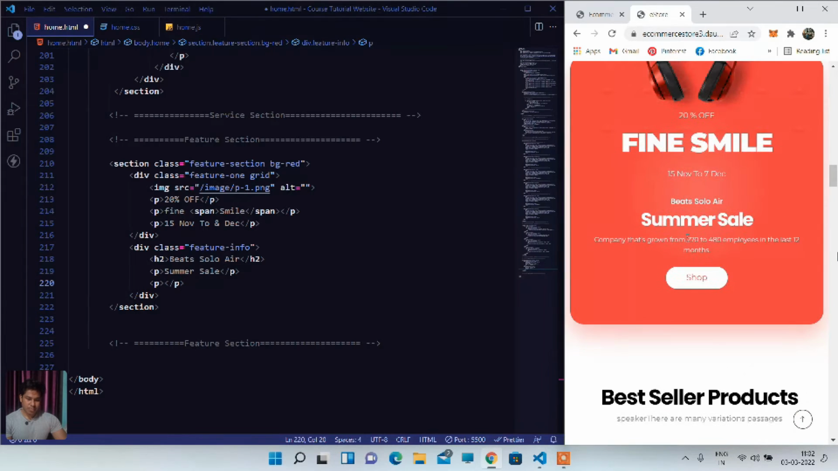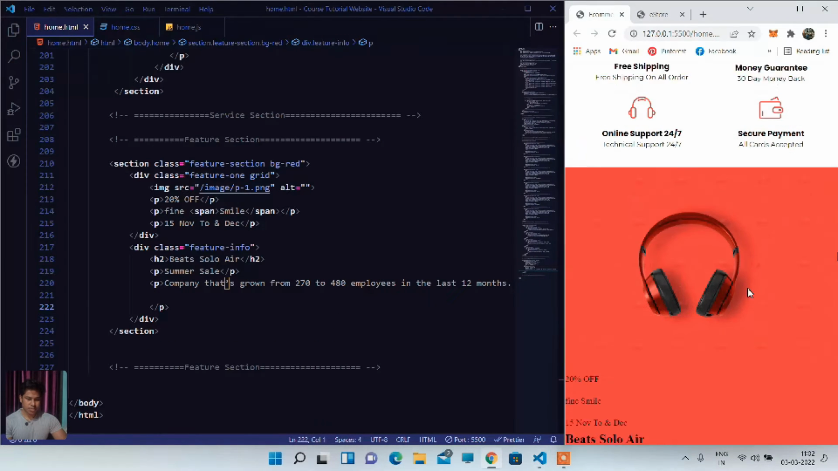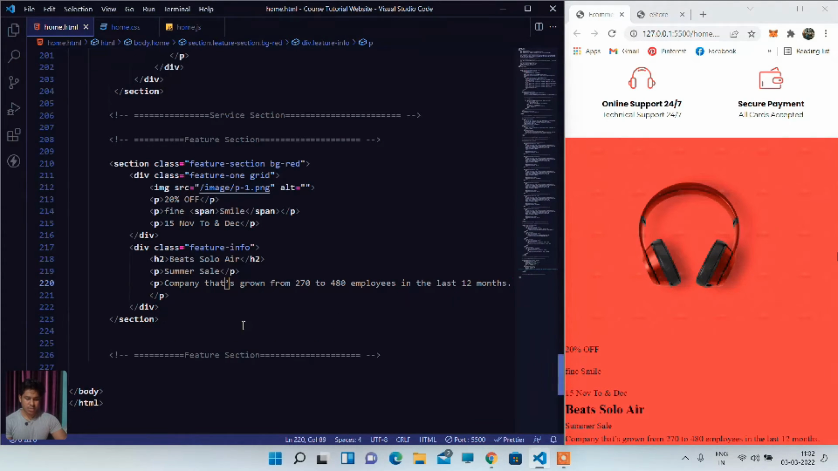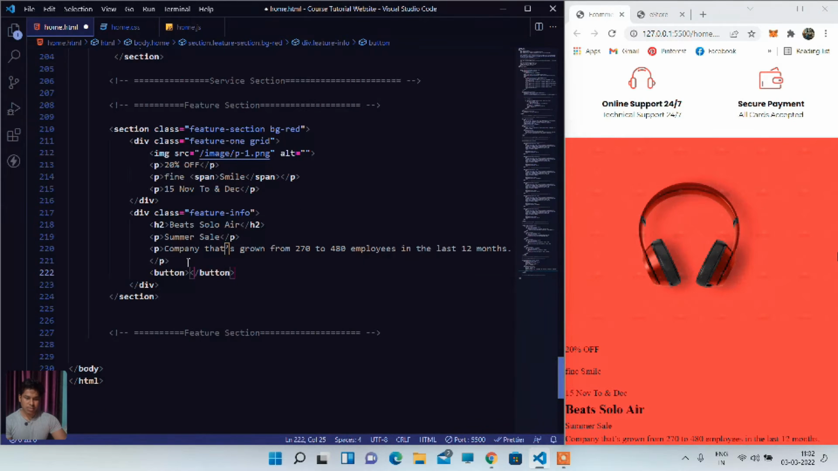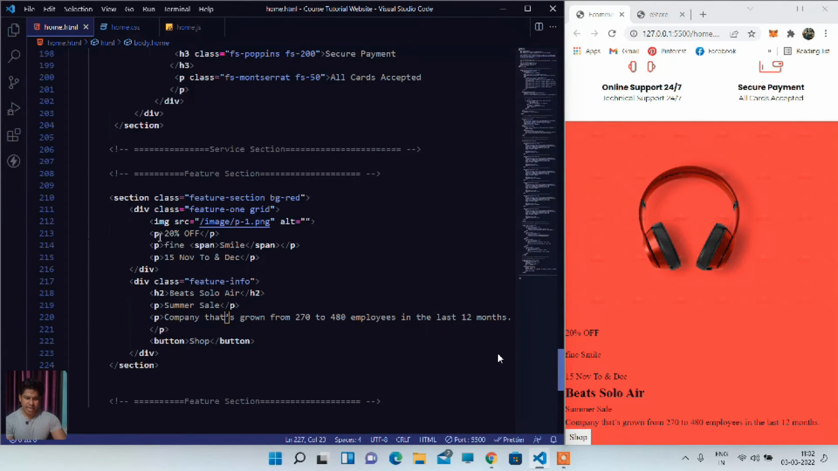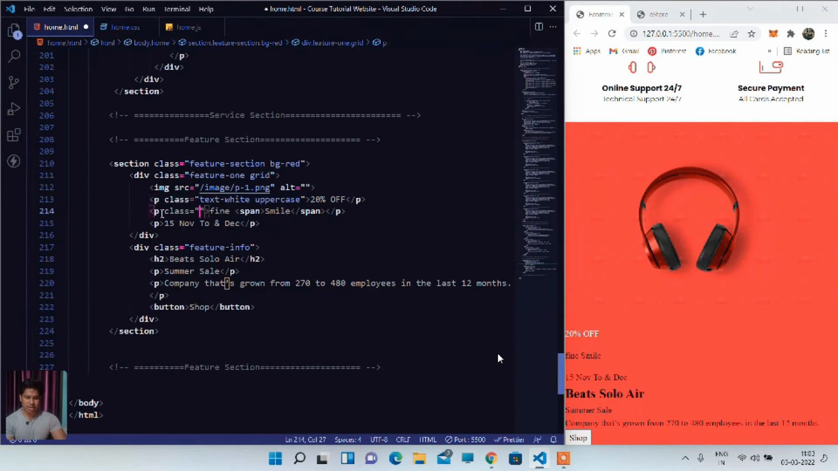So let's copy the content and paste here. Let me format the document. Let's come down, I'll take a button and I will type shop. I will select my p tag and I will assign a class text white uppercase. Let's come to the second p tag and I will assign a class with font size, which I'm going to